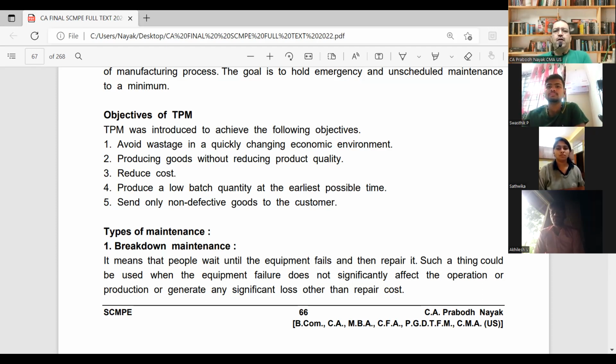Same is the case with our body also. Our body is also like a machine only. What we do, we have whatever food we feel like, junk food, whatever is available on the roadside. We have noodles, we have this, we have that, and we are continuously ignoring maintenance of our body.